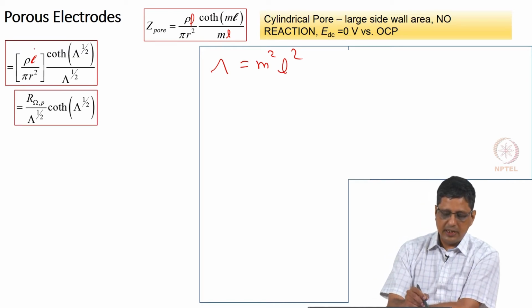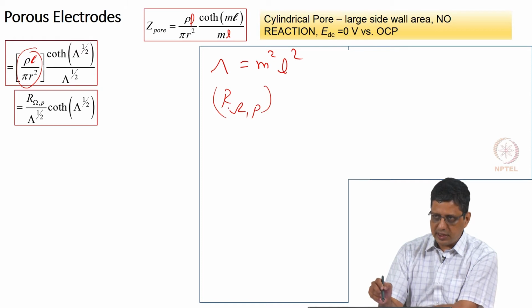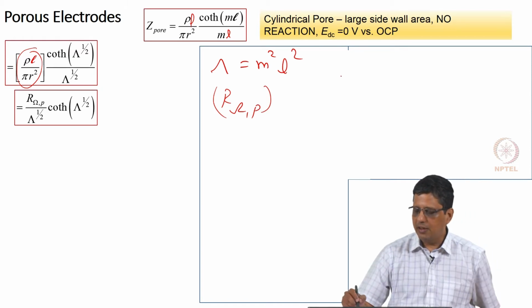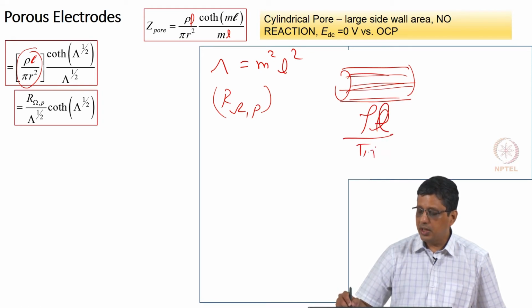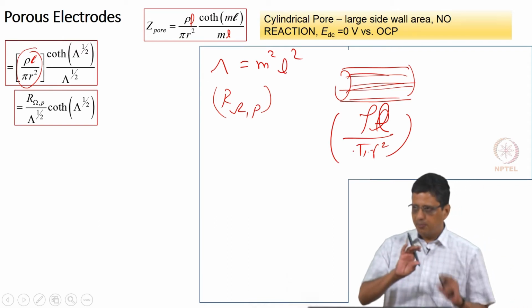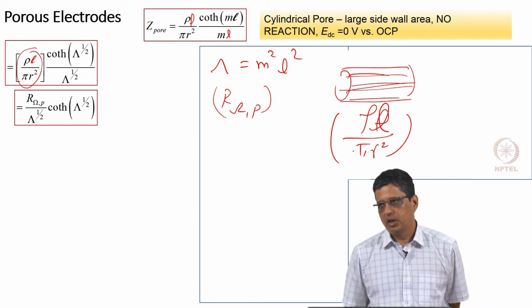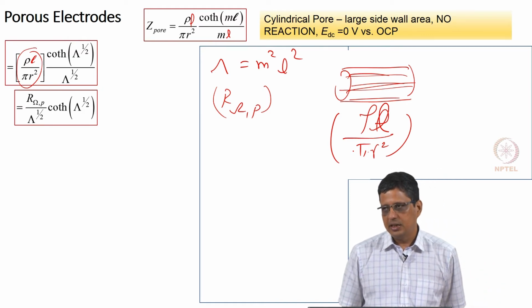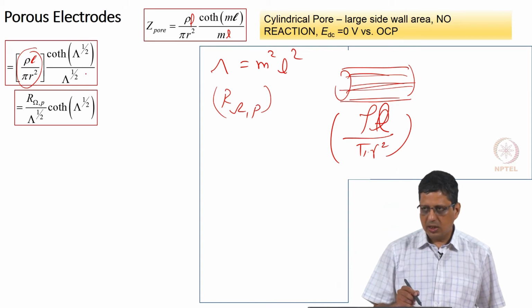Now, this first part is denoted as capital R subscript omega p to say this is the resistance of the solution inside the pore. Look at this, you have a pore, consider this as a cylindrical block filled with a liquid of resistivity rho, length L, I am sorry, length is L, cross-section pi r square. So, this is the pure resistance offered by this pore, without worrying about the side wall double layer capacitance. What about the